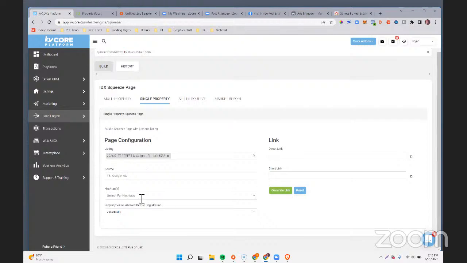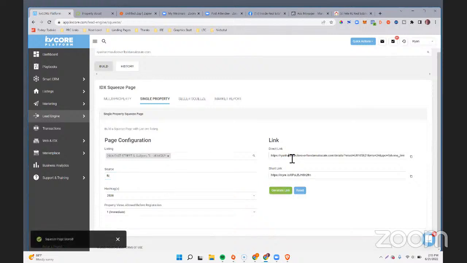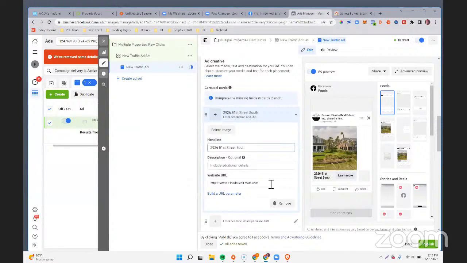But I want to require registration immediately anytime somebody clicks. So I'll choose that there and I'll put a hashtag on this, 2926. Okay, my source is Facebook, and then I'll generate the link. And the punchline here is that as we build our carousel ads, we can have a different website URL for each listing,